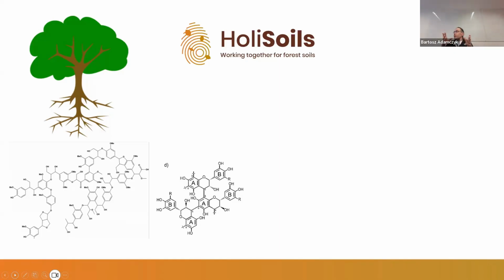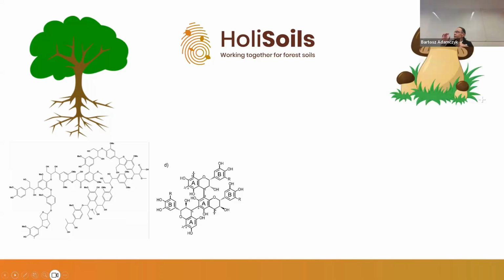So maybe not forever, but for some longer time. But here I wanted to underline that these things can interact with each other. Because when we think about plant litter and recalcitrant structures, we think about lignin, that really big structure on the left, or tannins, this smaller one on the right. Next one. And when we think about fungi, we quite often think about